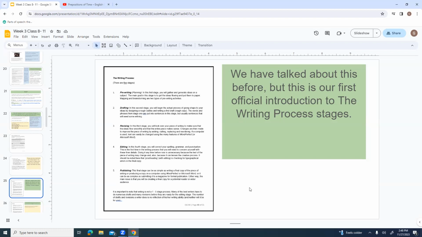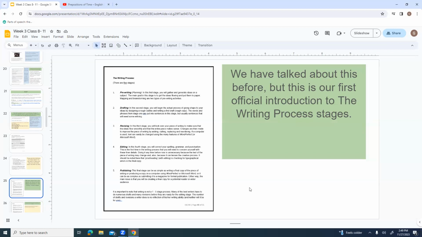And so what happens is people choose really simple sentences or really simple words because that's what they can hold in their head as they're doing this. The word for that is working memory. We only have so much working memory, and pre-writing is one way to free up some space. We get some of the ideas down, and then we've got more room to handle all the conventions, the spelling, the grammar, the word choice, because we've already spent our time brainstorming the ideas. So it frees us up to be able to do more.